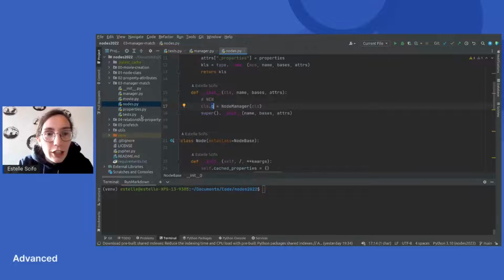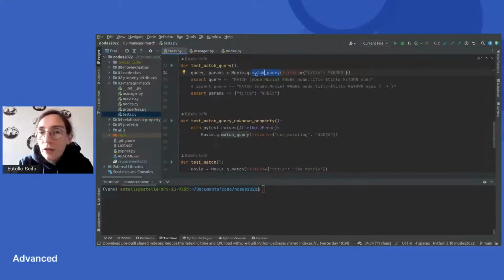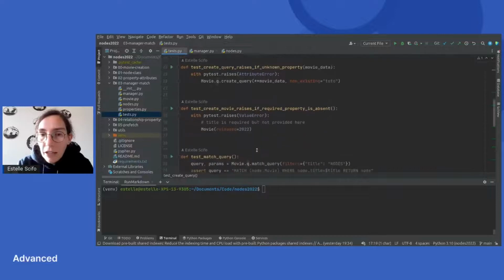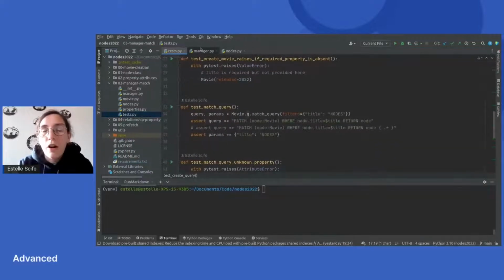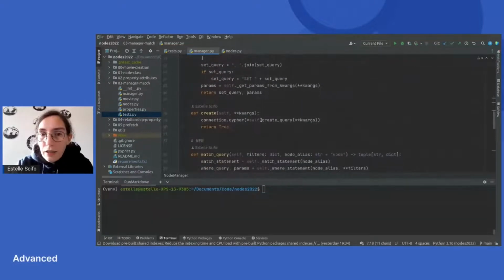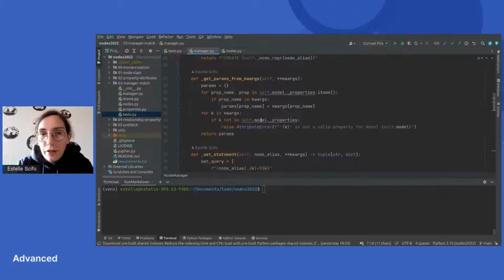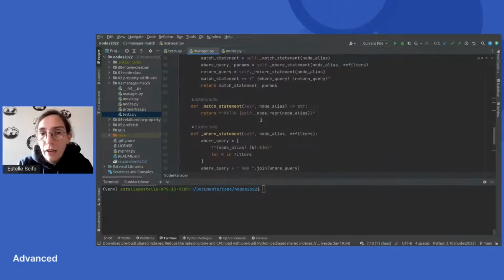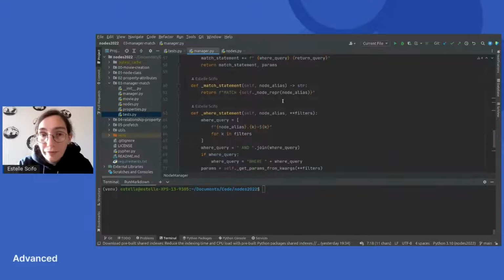What it changes is that now, in order to access the create and match queries, we will have to use movie.q.create query or .match query. That's just a matter of organizing the code at this stage. Here I just repeated the create queries, and we also have the match query that we'll use.